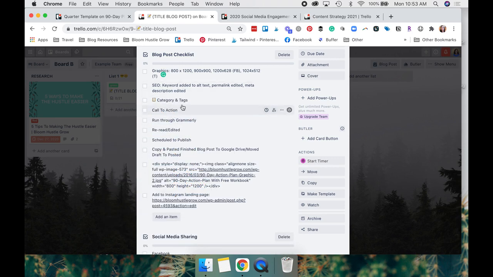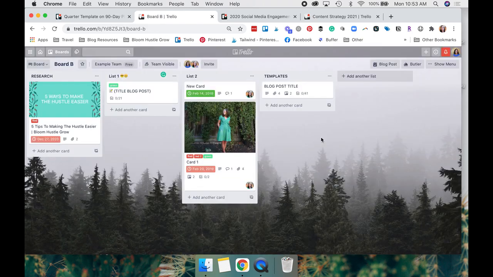So that can be a fun way to make your checklist a little more visually appealing. Today's video is short and sweet, but that is just one way that I like to brighten up my boards and utilize emojis in a fun way to make my boards more visually appealing, and it just makes me want to use my Trello boards more.